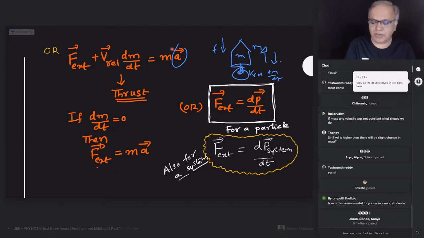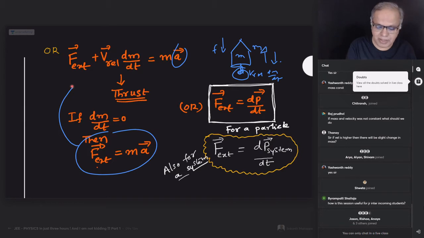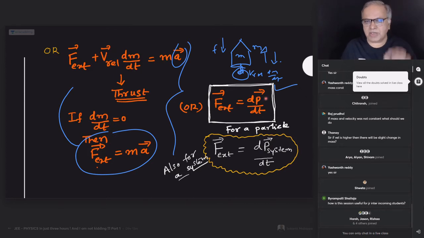And if dm by dt is 0, if mass is not changing, it simply reduces to our main equation F external equals ma. Or in general, of course, all this can be put into one scheme of things, dp bar by dt. So the most important equation for us is F external equals dp bar by dt in the whole of JEE physics. That can be understood in many ways, children. All right. Okay. Then,